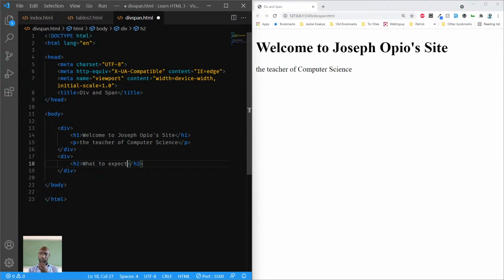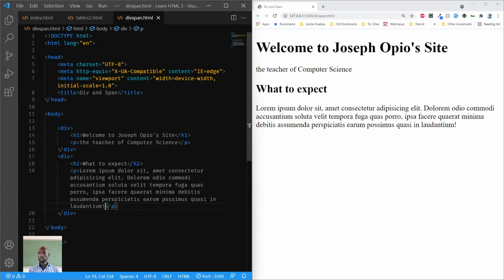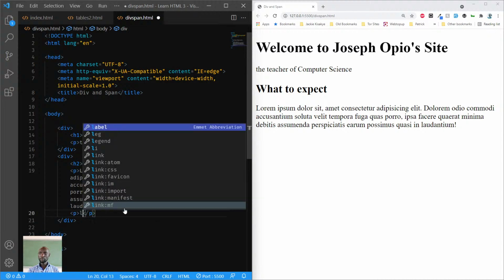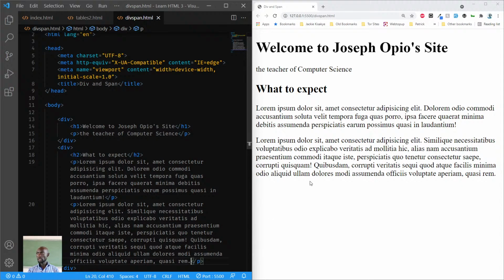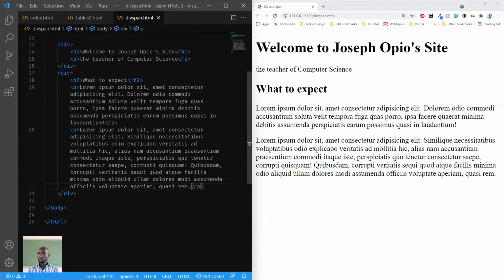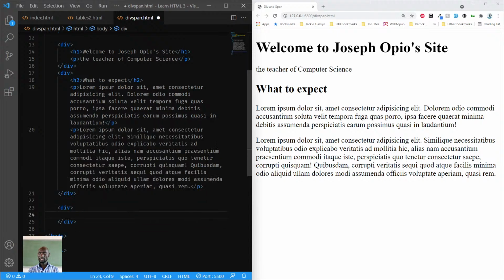Okay, what to expect. Right below it, let me have a paragraph, and I'm going to put in dummy text, lorem tab. So I have a small paragraph here. Let me add in another paragraph. P lorem with 50 words, lorem 50, like this. So I have 2 paragraphs, and then maybe let's have another section, div, and let's have this section to be